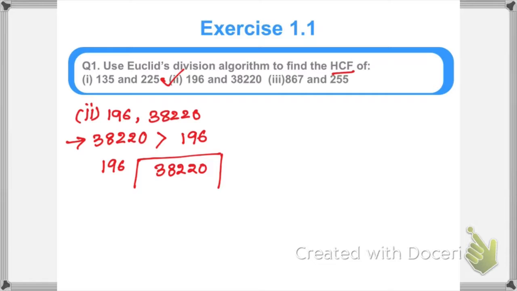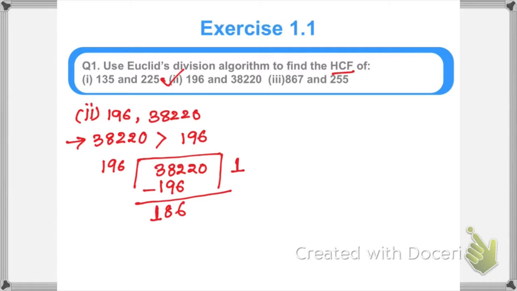Okay, so let's divide 196, 1 jar 196, and here you will get 6